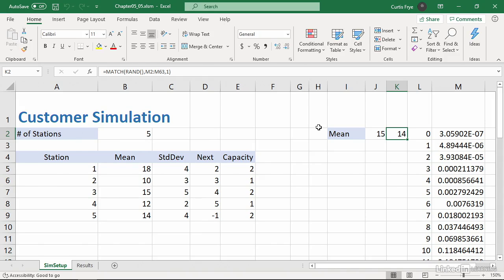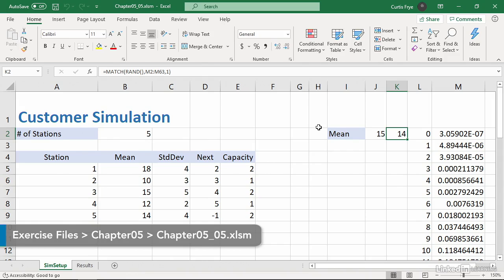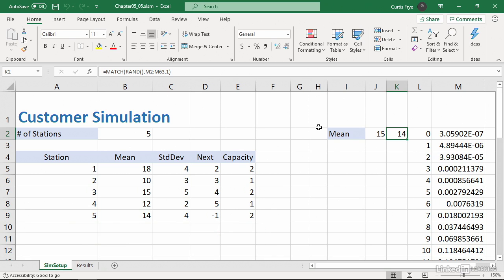In the previous movie, we added stations 4 and 5 to a process that previously had only 3 stations. We didn't have to modify the code to read in data about the stations, but we did need to let the model know how many to expect. In this movie, we will run the simulation and see how increasing the number of stations in the simulation affects